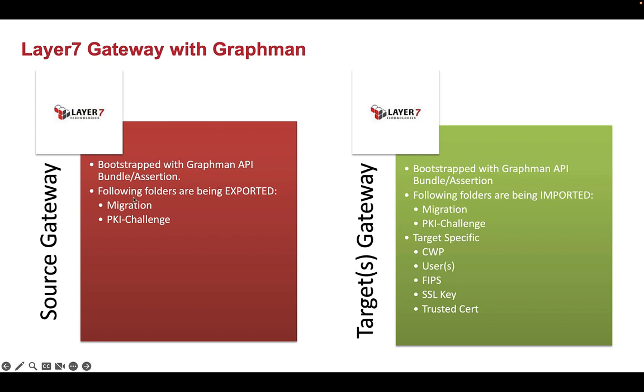I'm also, from a source gateway point of view, exporting migration and PKA challenge, two different folders and their dependencies. Similarly, if you see in the target, I'm importing those folders, PKA challenge and migration folders and dependencies, and also decorating it with classified properties, user and FIPS, and a key and trusted cert that is very specific